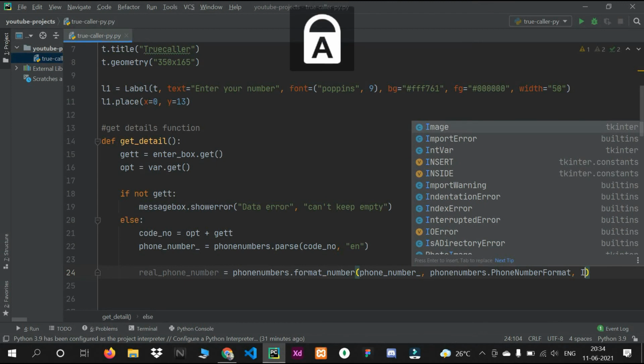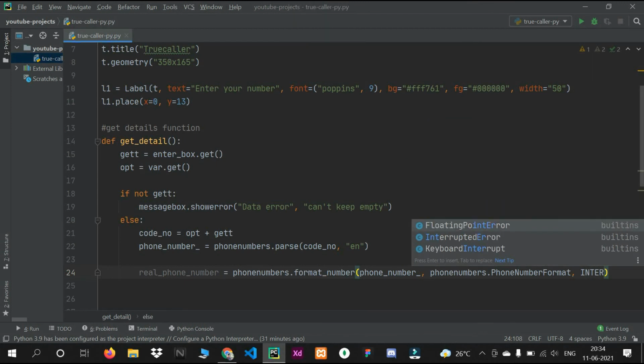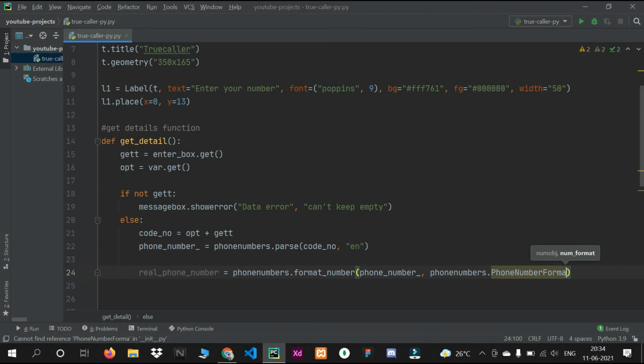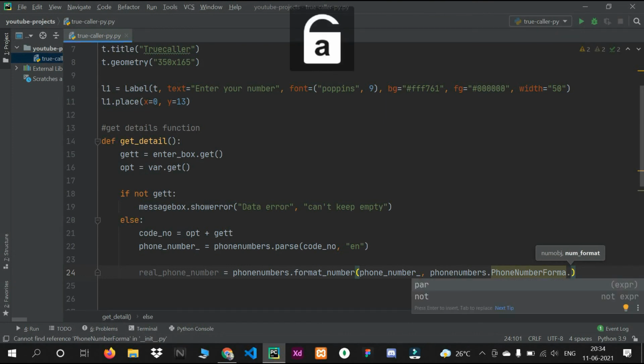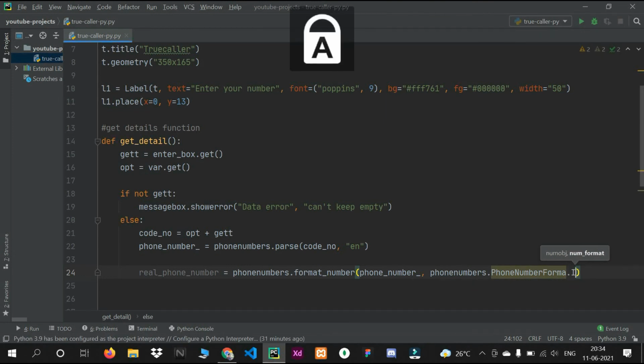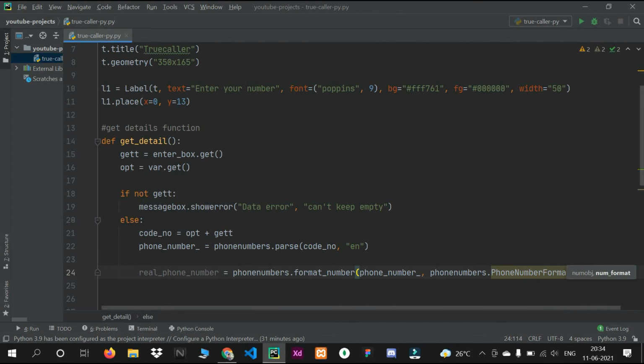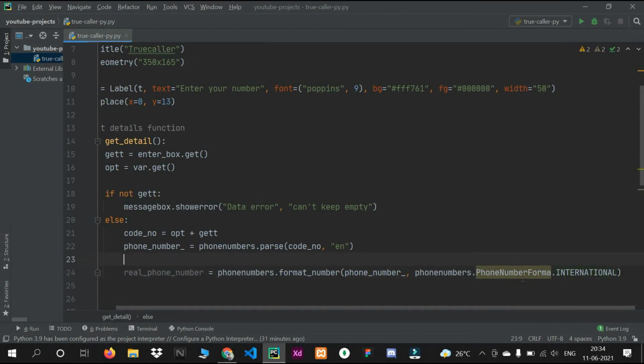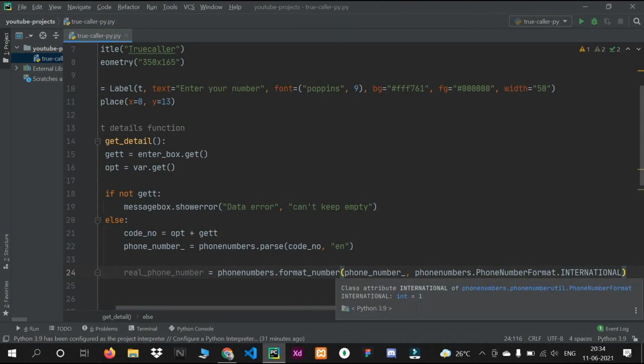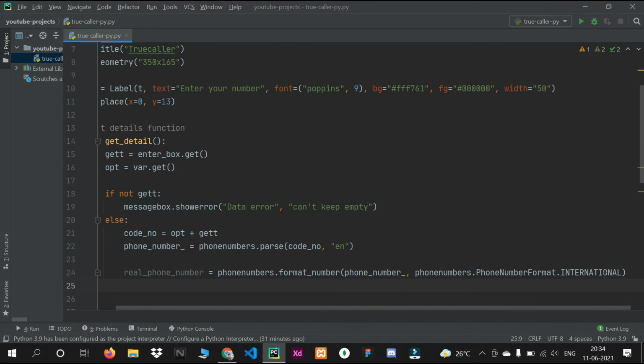So we will use dot international. So this will give the international call details. That's why it was giving me an error. So format. After that we will get the real phone number, all the details, in this variable.